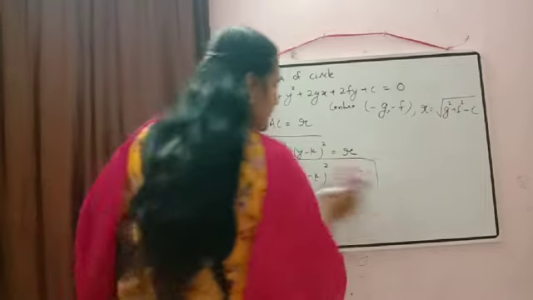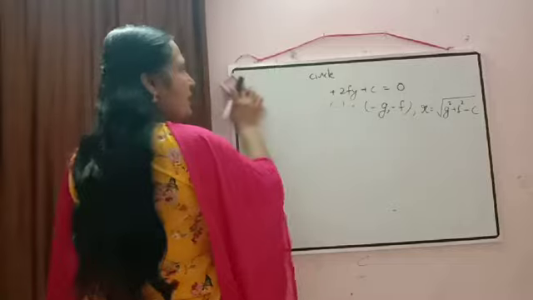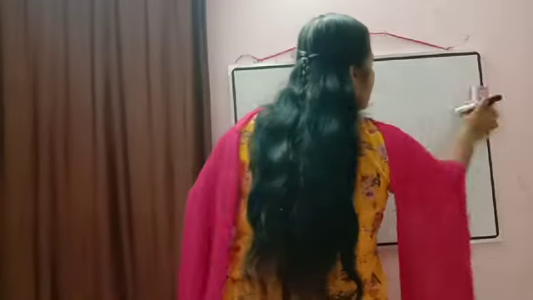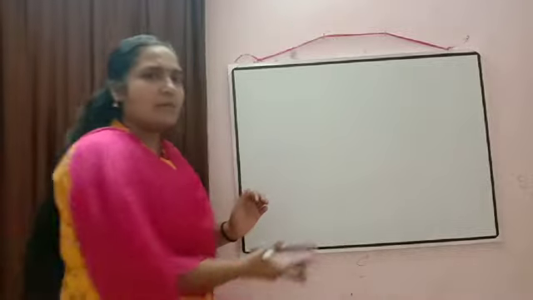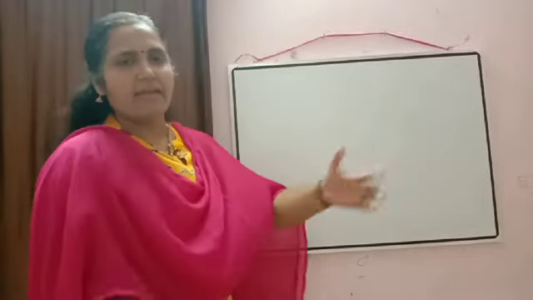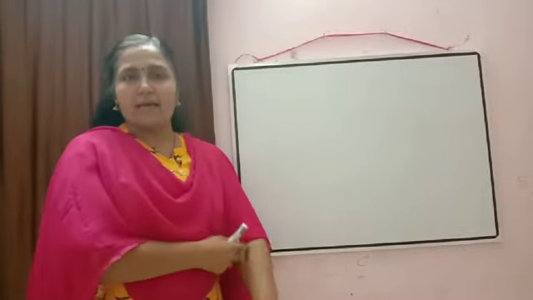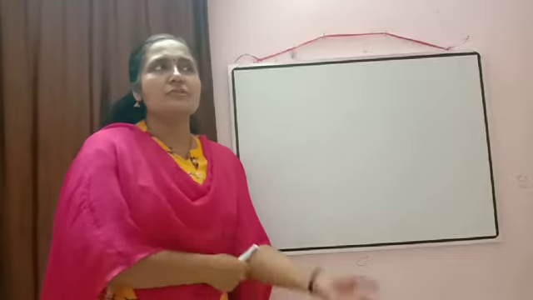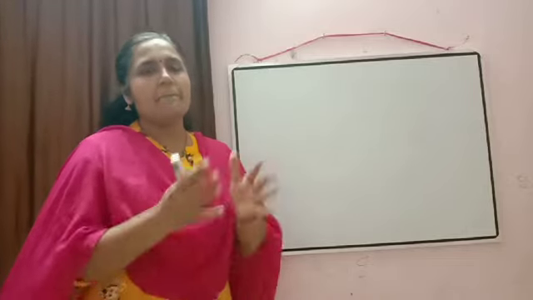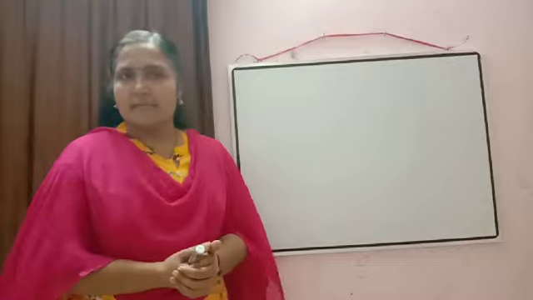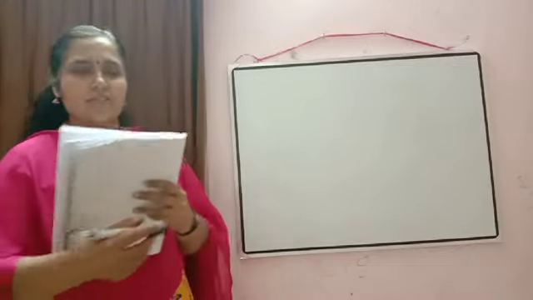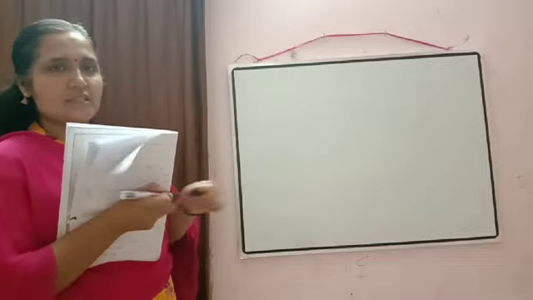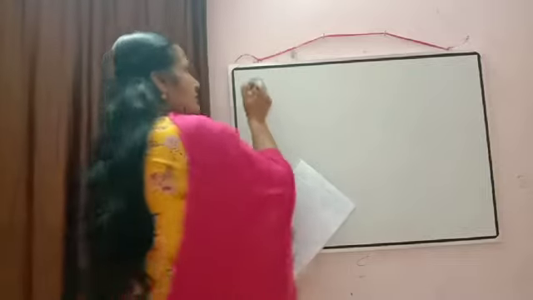Okay. So once again, just to check what is the formula. First one is (x minus h) the whole square plus (y minus k) the whole square is equal to r square. Second formula is x square plus y square plus 2gx plus 2fy plus c is equal to 0. Okay. Now we can check how we can do the questions based on that. As questions are already there with you, directly we will solve.